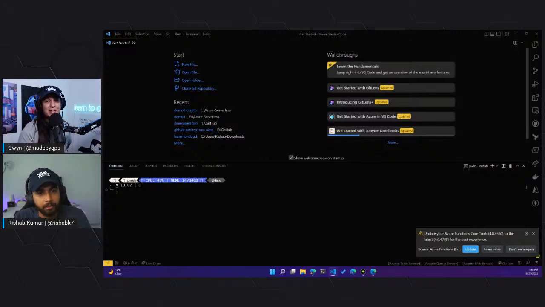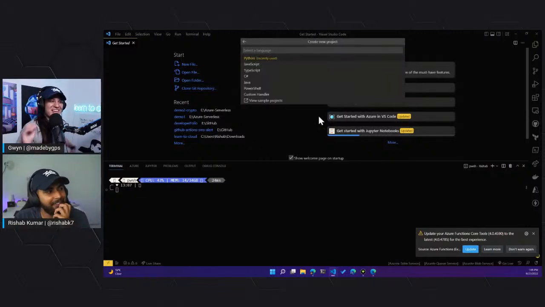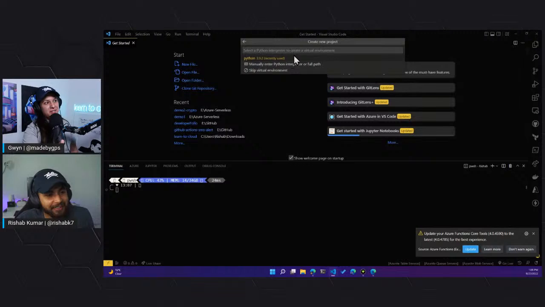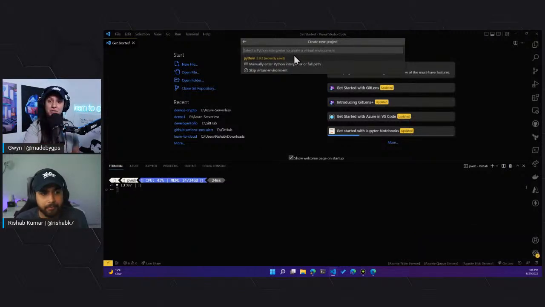Yeah, it's confusing, especially when you're doing demos. So I just created a folder called demo. We'll pick Python since Gwen mentioned Python earlier, and I'm not an expert in C#, so we'll keep that out. This is a good thing that you're showing here, because you have Python, you have JavaScript, I think you do PowerShell. You can have custom handlers, so you can use any language to run your functions as well. So we're not just .NET here. No.